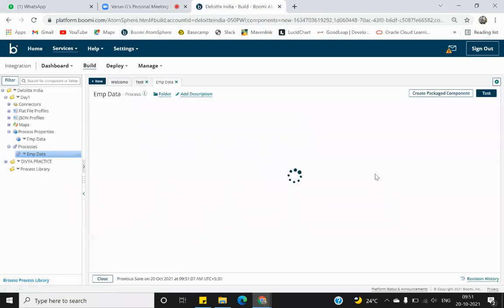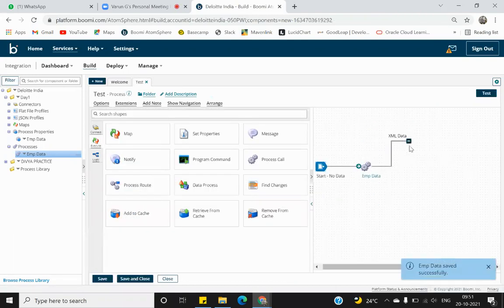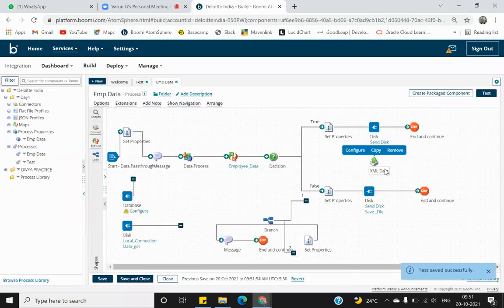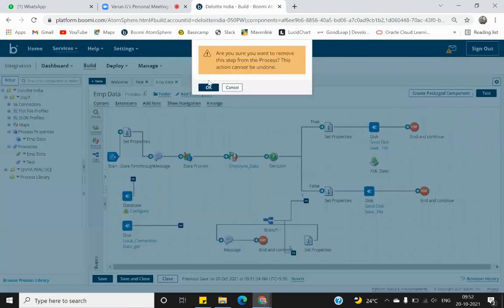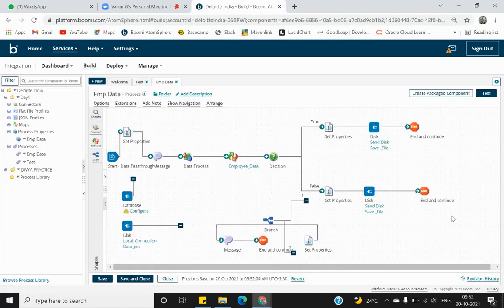Now, if I don't use return document shape, I use just stop shape, it will see that path is gone now, right? Because my sub process is not returning anything. It is just processing and stopping at a point. But if I want to return something from this process to here, I have to use return document shape. You got my point? For what purpose we are using return document?